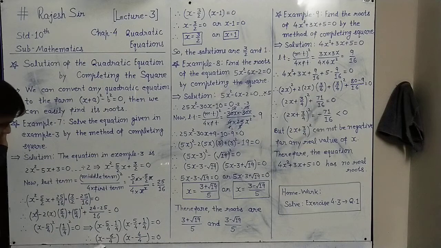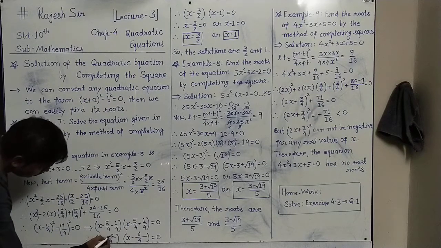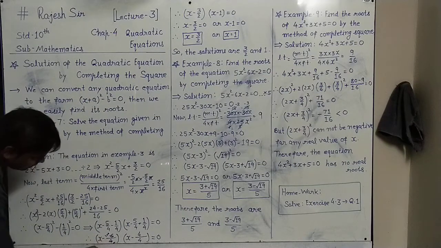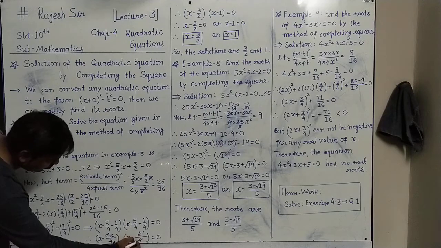Now simplify this: x as x, minus, 4 LCM is 4. As minus is taken outside, this will be plus now. 5 plus 1 will be 6 upon 4. And in the second bracket, x as it is, minus is common outside, so 4 LCM is 4. This 5 plus becomes minus, 5 minus 1 is 4, 4/4. Now by 2 we can cancel this up and down: 2 3s are 6, 2 2s are 4, and here 4 1s are 4, 4 1s are 4.